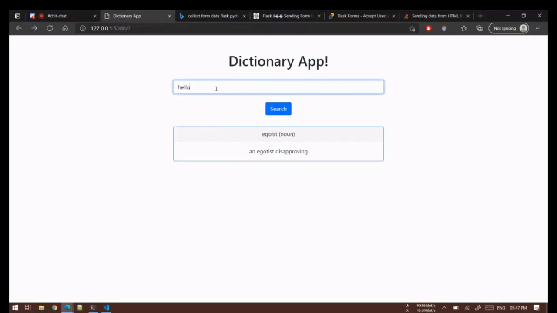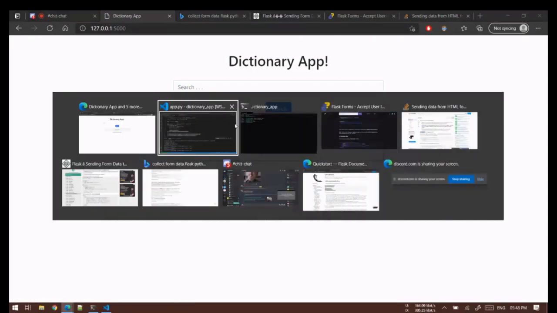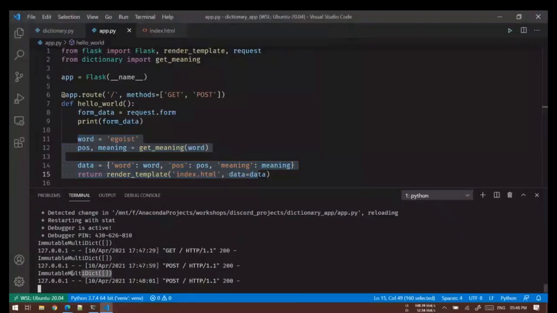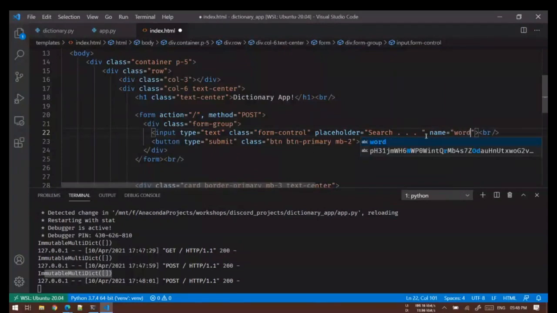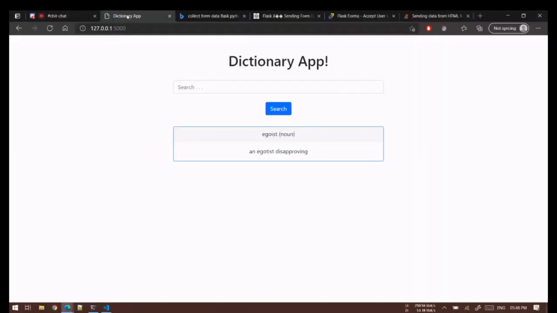Now if I try to send something, hello, and press enter, or if I press search, you will see that I'm still getting an empty dictionary. I'm not getting any data. The reason for this is because your input field doesn't have a name tag in it. So we'll have to specify the name, and the name could be, okay, I'm saying it is word. Now if I try to refresh the page,